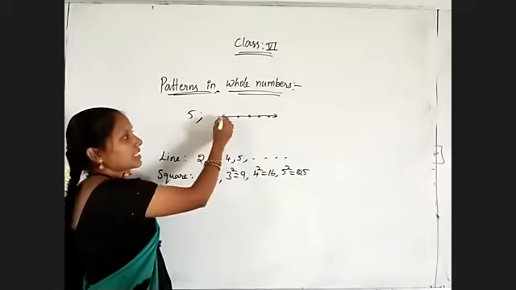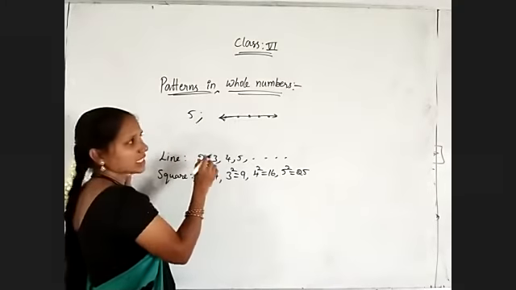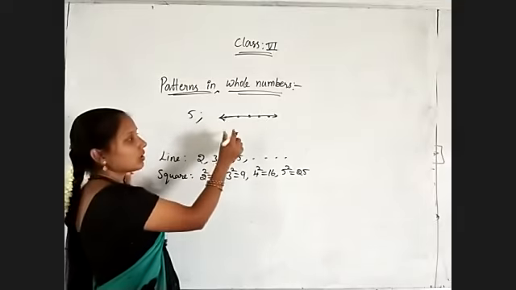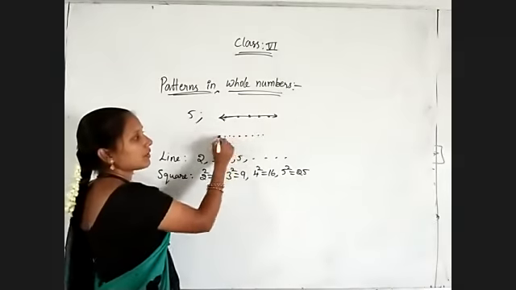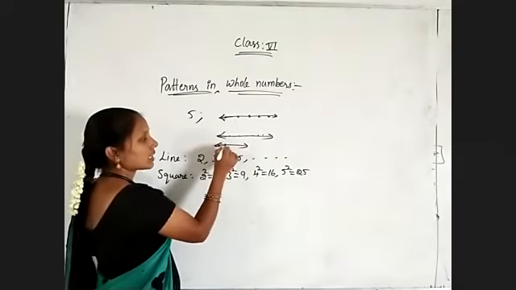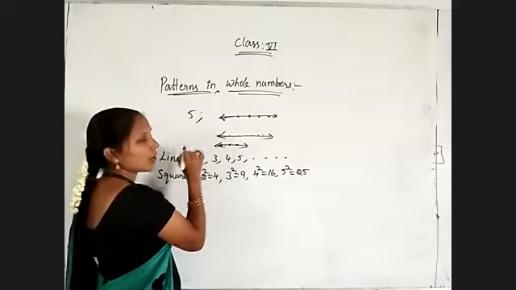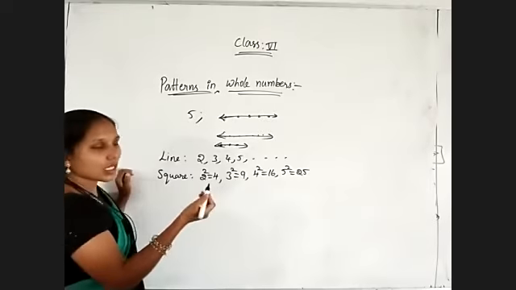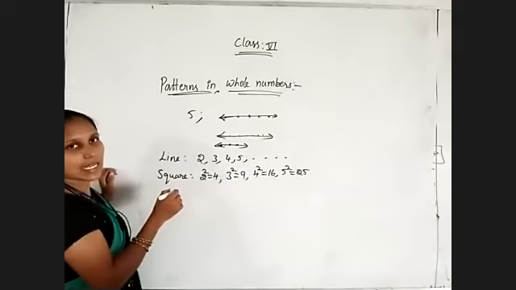Okay. As a line, we can represent any point. A line is nothing but a combination of several points. So, combination of several points only will become a line. Means we can represent 2 points on a line, or 3 points on a line, otherwise 4 points on a line, 5 points on a line. Like that we can represent. So, every number we can represent as a line.